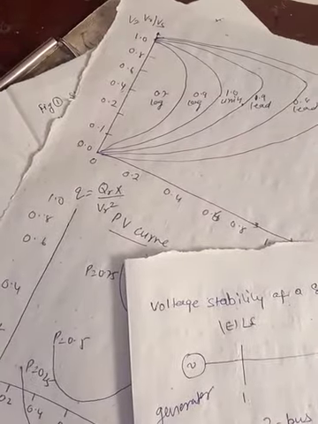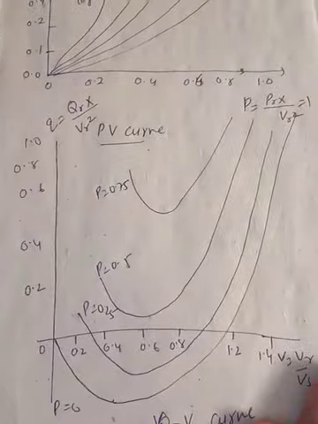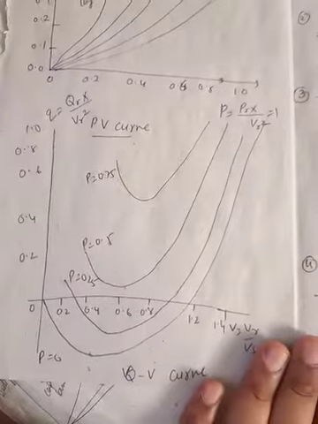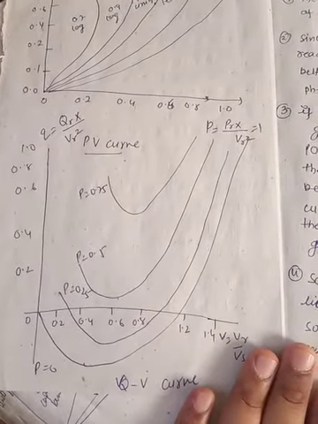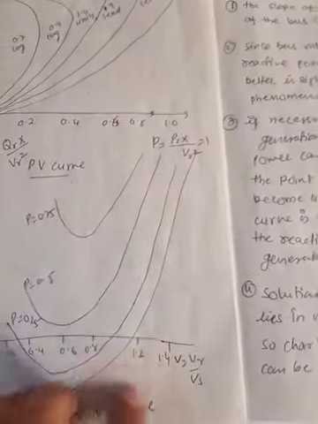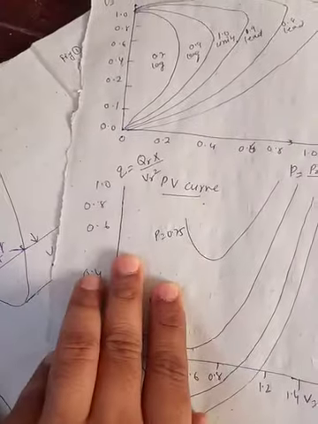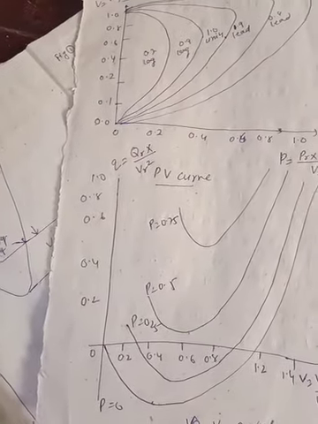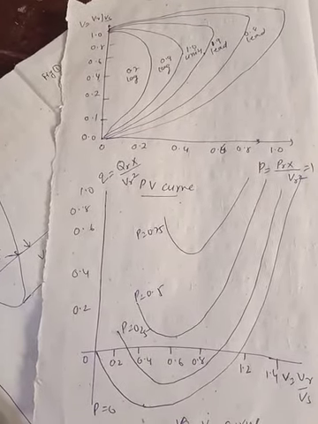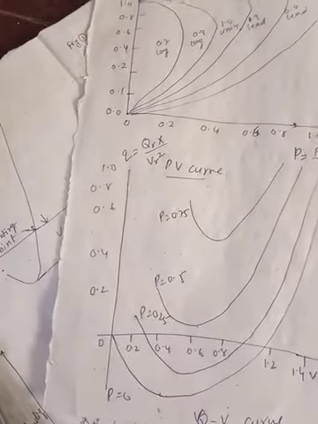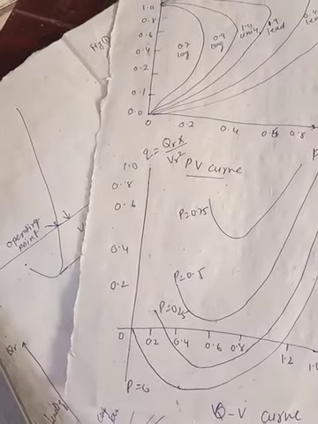Now let us discuss the QV curve method. If we are trying to develop the VQ curve or QV curve method and the reactive power reserve, we will get such types of curve which is traced between V and Q. The QV curve method is one of the most popular ways to investigate voltage instability problems in power systems during the post transient period. Unlike the PV curve method, it does not require the system to be represented as a two bus equivalent.